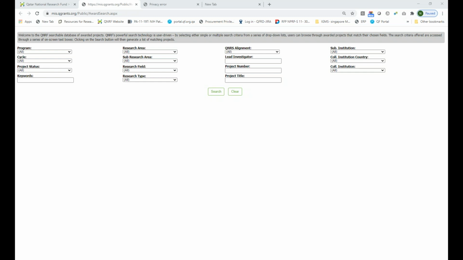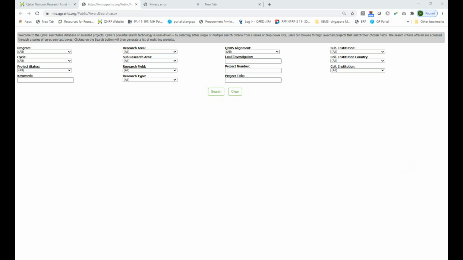Is there a website for the previously funded projects, whether NPRP-S or NPRP-C? Is it one of your criteria that the project should be distinct in terms of area and focus from the previously funded projects? Yes, as I mentioned, all the awarded projects are usually posted here. I think you will be able to see this page, right? On the QNRF website, you will find the funded projects. You can just search by program and you will find the awarded projects.